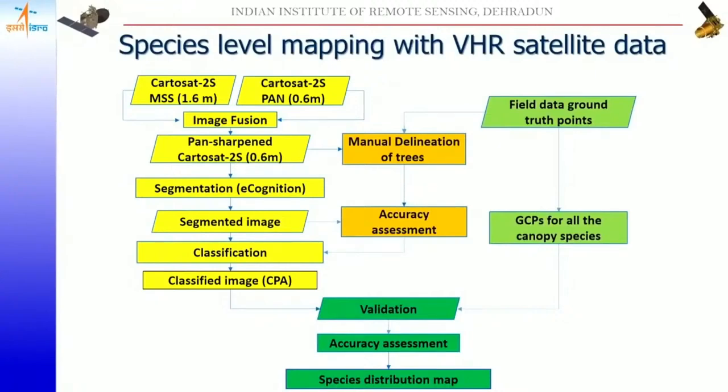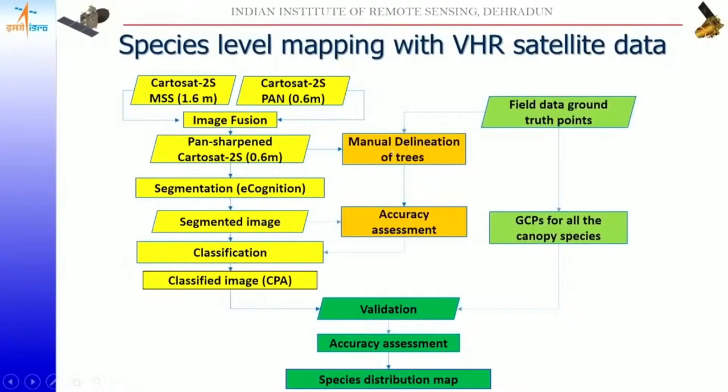Due to the spectral characteristics of a particular species, we can differentiate between different species also, and we can count the number of canopies of a particular species in an area. So image segmentation is one of the methods